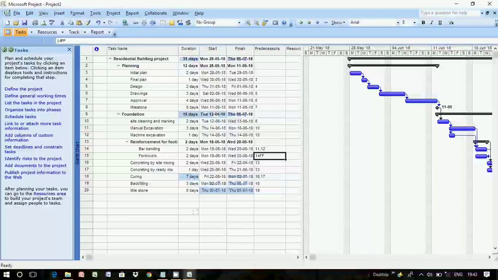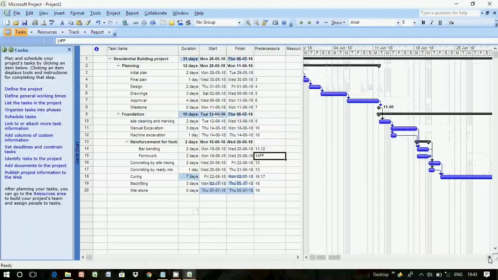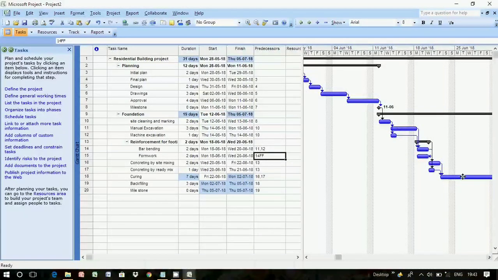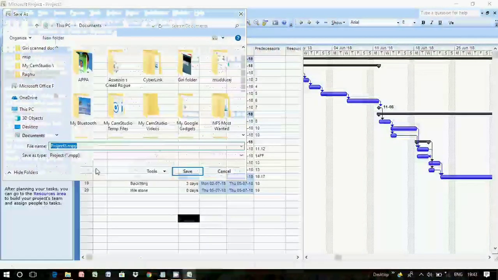So the predecessor for curing is 16 and 17. So the linking of task is completed. So we'll see